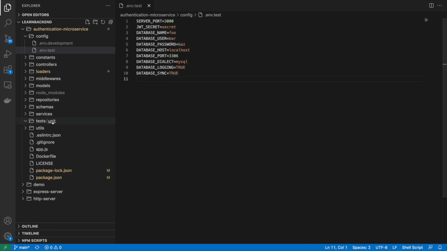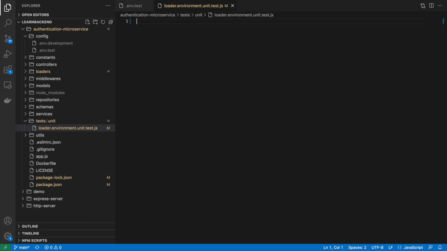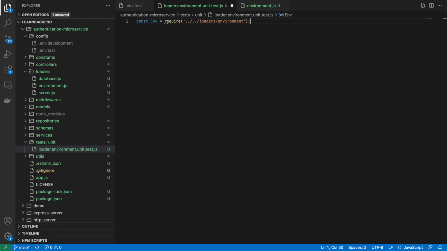Once we've done that, we can create a new test file within the tests/unit directory that will be named loader environment unit test. Since test folders tend to get quite messy over time, I encourage you to follow this naming convention for each component of your application, as it will help you keep them tidy and clean. So let's start by importing the environment loader module into our test file and move on to our first test